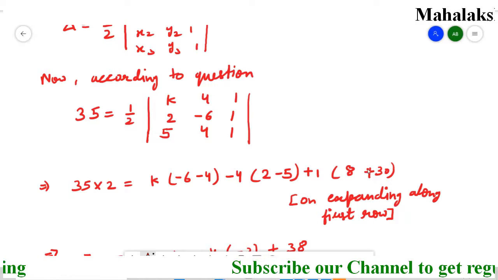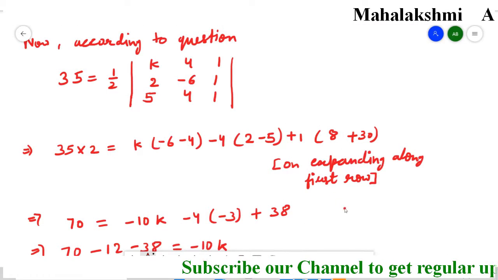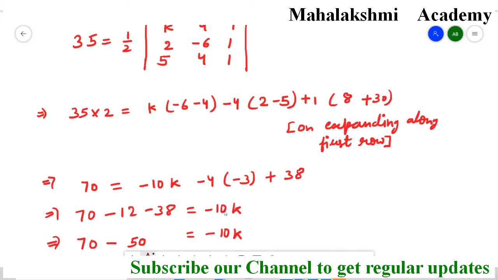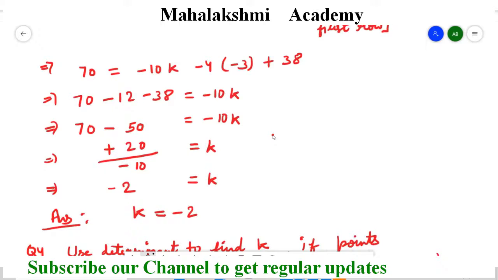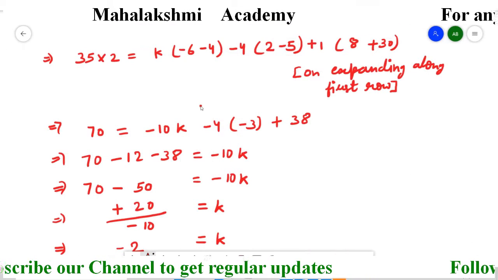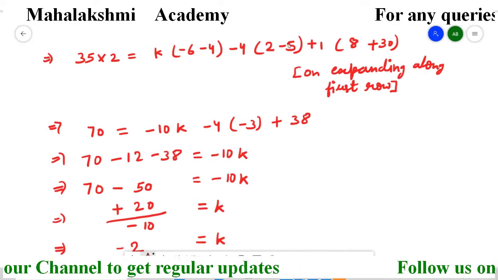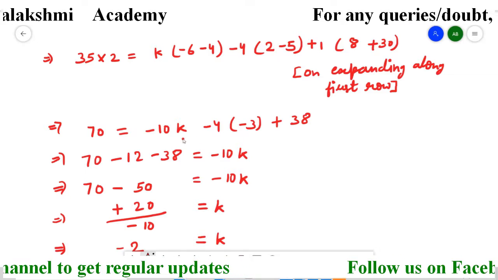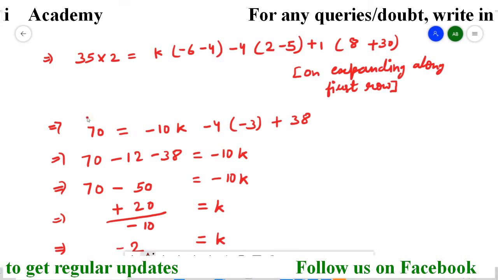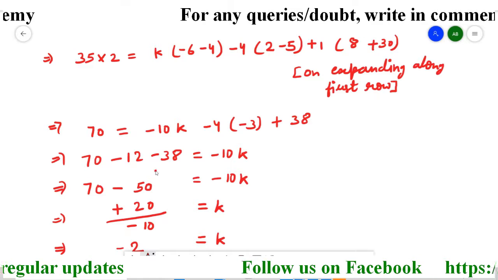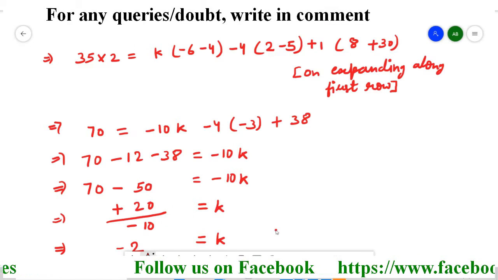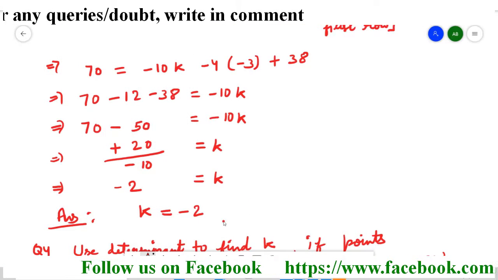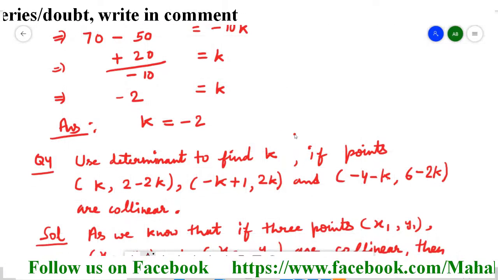Like this I obtained here also. And after that I simplified, and after simplification we simply obtain k. You can understand, simple calculations are there. It's minus 10k, it's minus 3, and I shifted the non-k variables to this side. I did plus minus, so I got plus 20, and minus 10 is in multiplication, so it came to the division. So the answer is minus 2. So like this, question number 3 is completed.